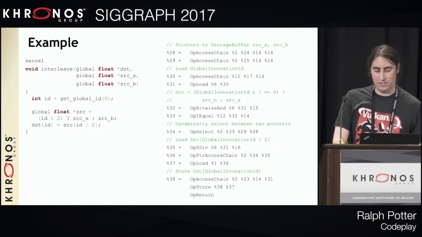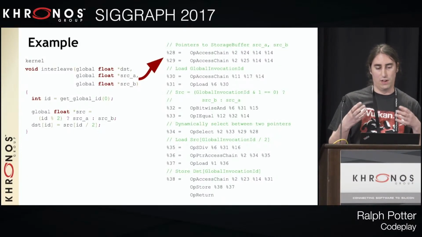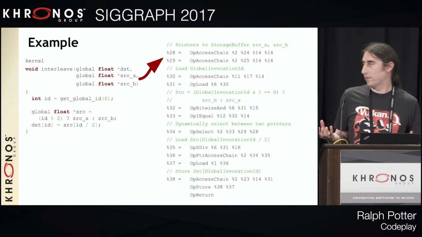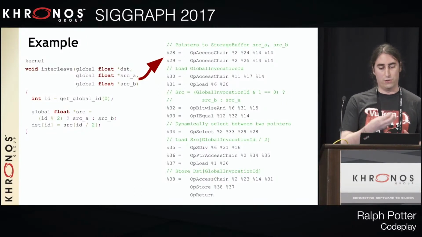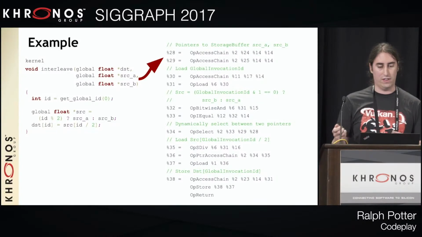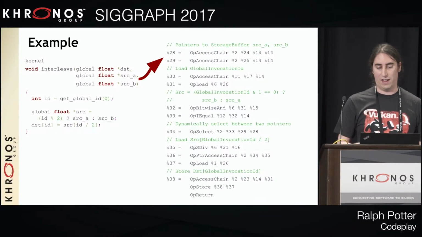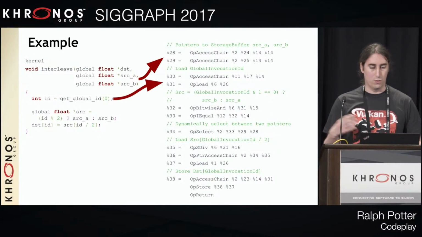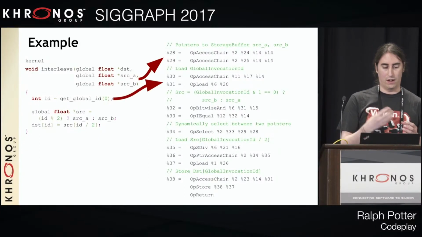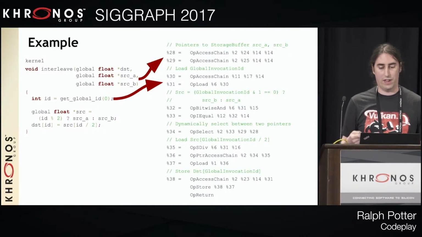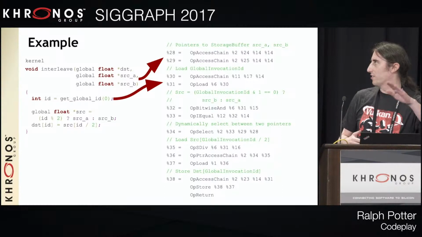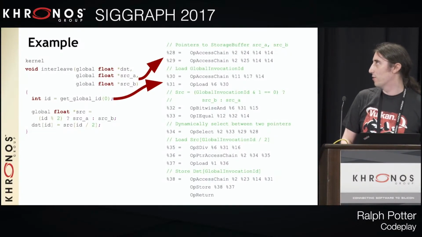If we start to translate this into SPIR-V, the first thing we're going to do is just translate our buffers into what are storage buffers in Vulkan. We get some pointer access changed to those. You could do that without the variable pointers instruction. That's just a uniform static address calculation. We map the get_global_id built-in of OpenCL C down to just a read from the global invocation variable, which is unfortunately somewhere off the top of the slide, but we can't get all of it on the slide.